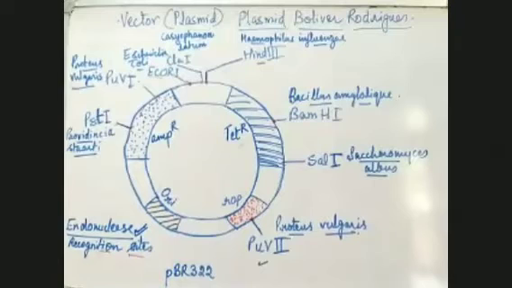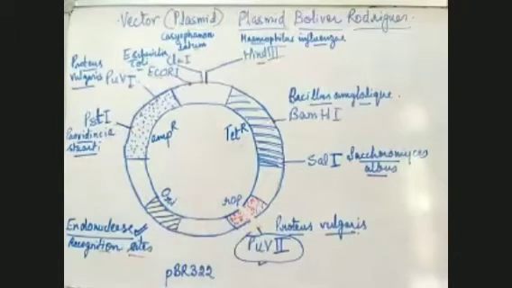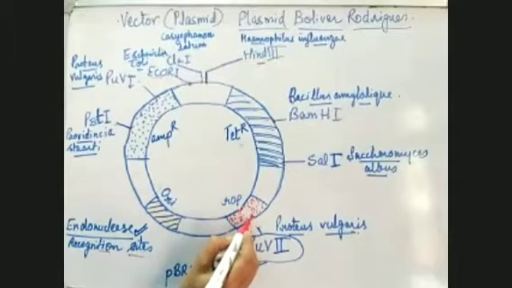Suppose Karthik, who has bought this, has used this Proteus vulgaris endonuclease, PUV2. He has used only this endonuclease. Now what is going to happen? He will use it and the plasmid will have a cut here. When it is cut, then the gene of interest or the desirable gene can be added here. So it will not break into fragments.